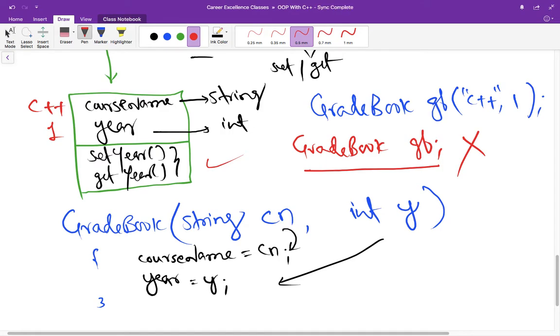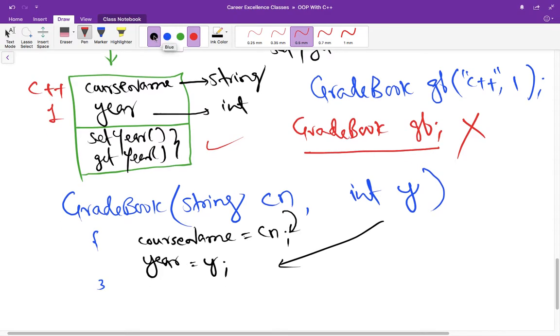So here the role of default argument comes into play. What you have to do is make just a few changes. Let me show you the changes here. I will use a red color so that you can understand it clearly. When we are talking about default values, this works both in constructors and functions.